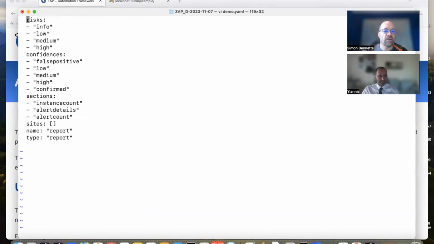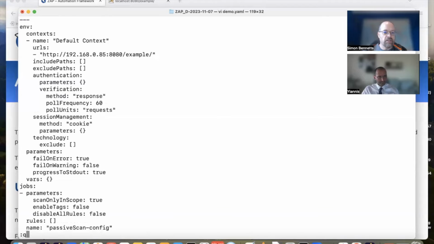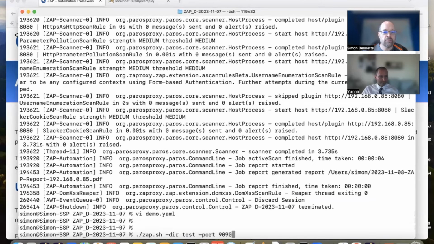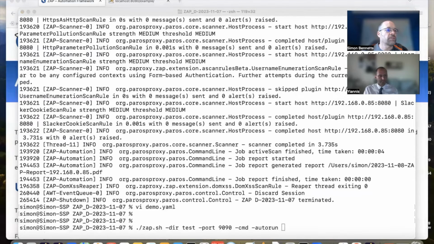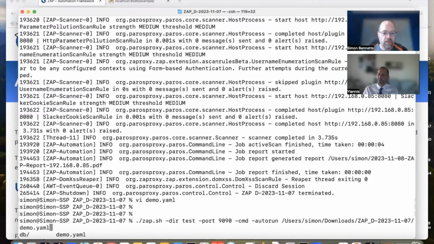So here we have our YAML file. So what we can do now is auto run, and I will put in the full directory just to make sure it picks up the right one. Hopefully that's right. And so, yeah, we've got minus command minus auto run, and we're just passing in the YAML